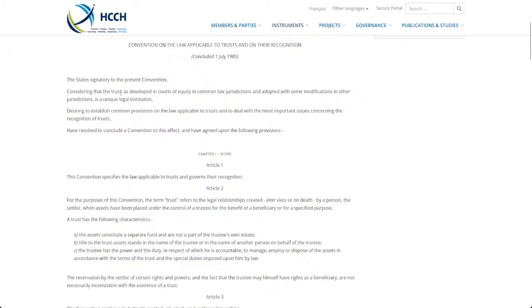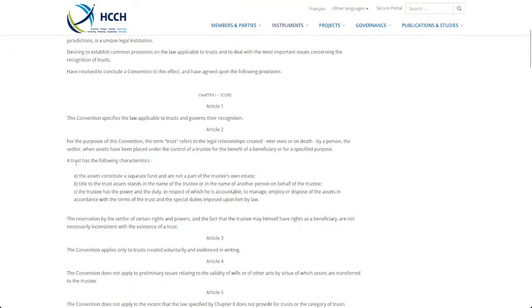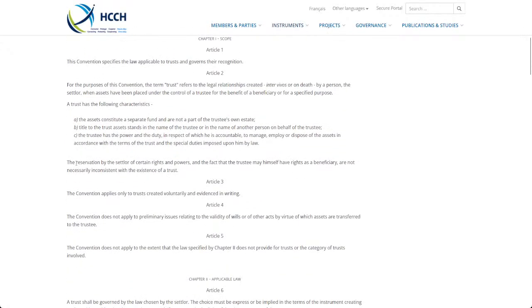So considering that the trust as developed in courts of equity in common law jurisdictions and adopted with some modifications in other jurisdictions is a unique legal institution, desiring to establish common provisions on the law applicable to trusts and to deal with the most important issues concerning the recognition of trust, have resolved to conclude a convention to this effect and have agreed upon the following provisions. This convention specifies the law applicable to trusts and governs their recognition. And understand how many countries have signed on to this convention. How many countries are party